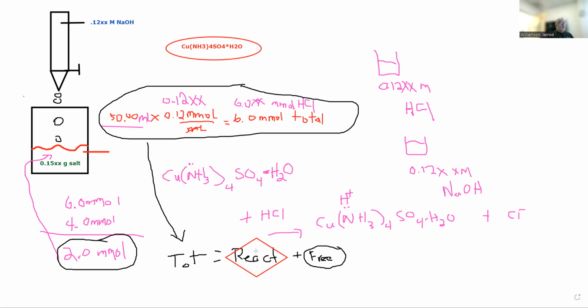So then I will know the millimoles of NH3 that's in the salt. And if I know the grams of the salt, I can figure out the millimoles of the salt. You have to do some thinking, but I will then be able to get